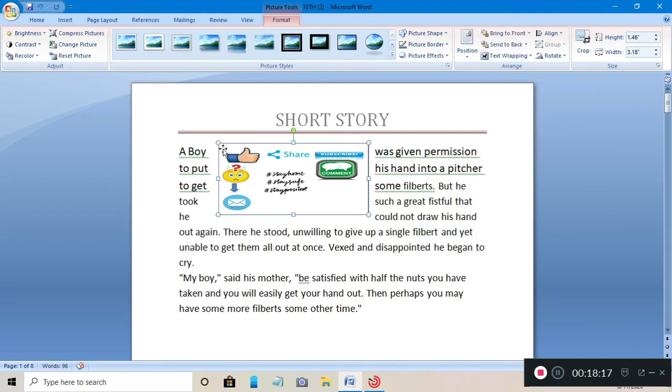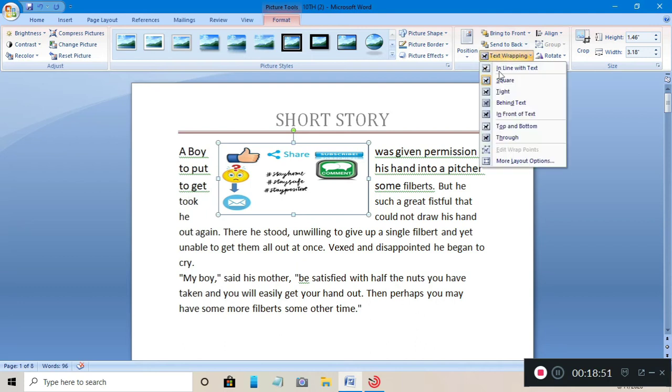You can see the picture is at the same place, and the text is wrapped around this image. Nothing is changed, the position of the inserted picture is the same, only the text which was coming at the bottom side of this picture is now coming at the corner.